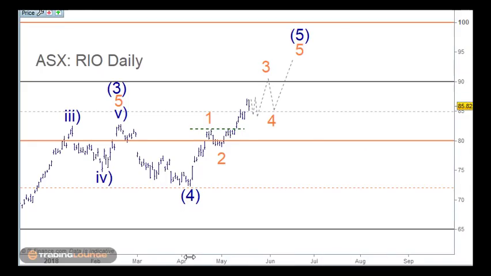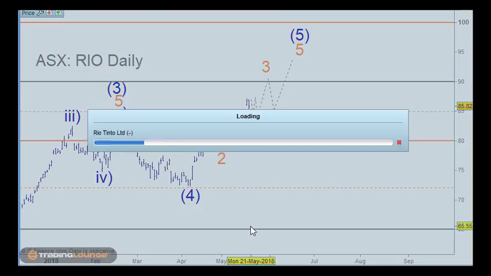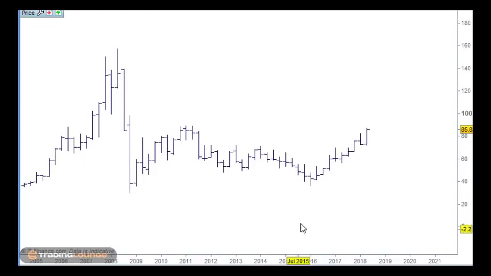And if we look at RIO as well, RIO is much the same. Slightly different, but from wave 4 going up to wave 5 here, and then in the bigger picture on the quarterly as well, perhaps we've got that there. It's got a different correction here, and I won't go into that at the moment, but the main thing is we have this impulse wave here. This could be a corrective wave here too, as an A wave to here, then an A and a B and a C wave up to here, finishing here and then moving down. But VALE's not telling us that in that particular instance. So we'll see anyway as that moves along.